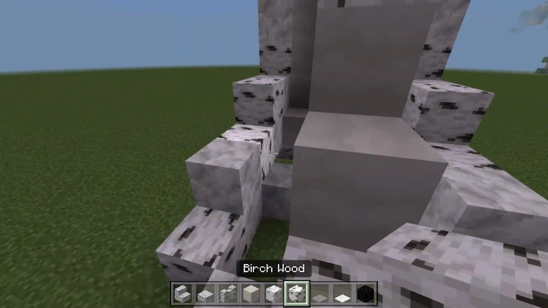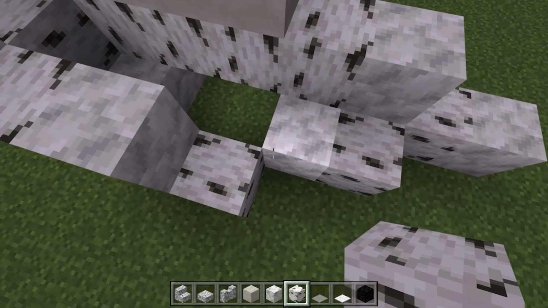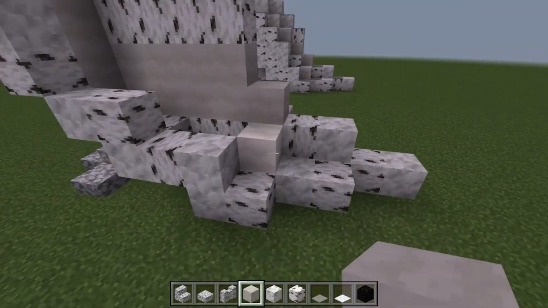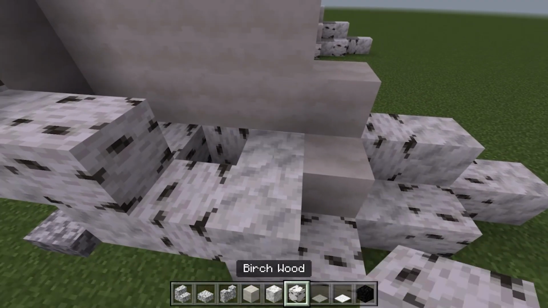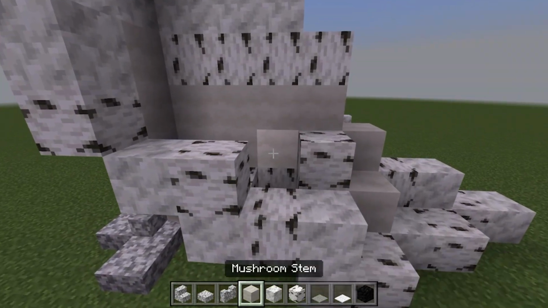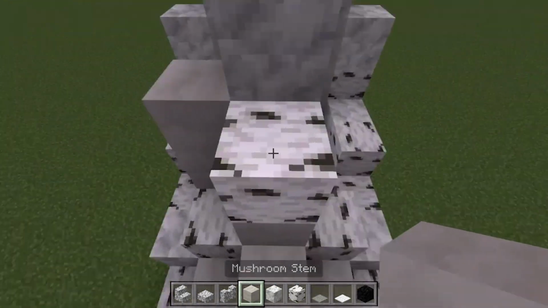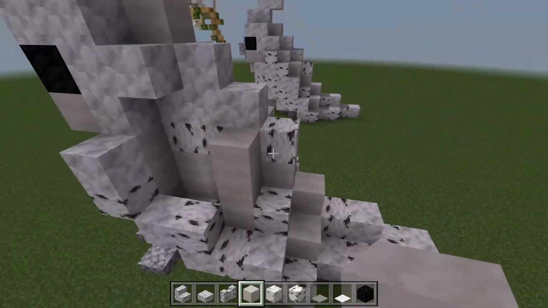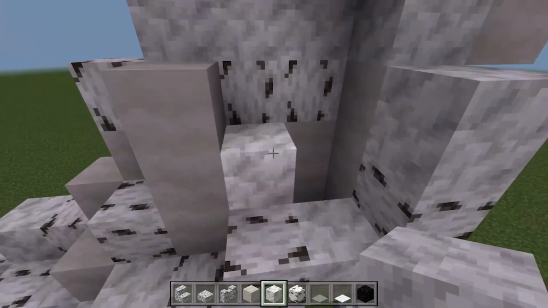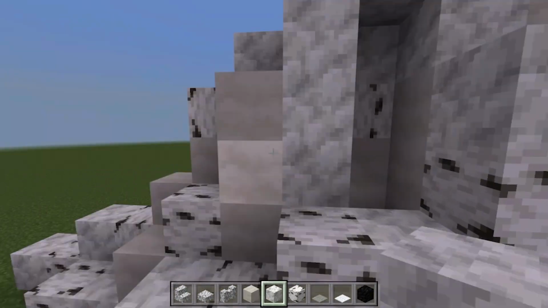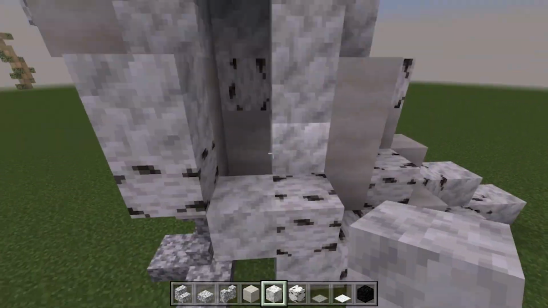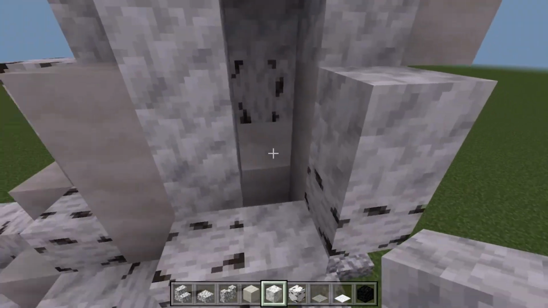For this little bit in here, just add in birch, birch, and then in this gap here, it's going to be a mushroom stem up for 2, like so. Now in here, let's do 2 birch, and 2 birch again. Then it will be 3 mushroom stems, doing like a big jump up the back of our cockatiel. Then 3 calcite. Only 2 connected to the mushroom stem. We don't connect one to the floor, that's okay. And then here, this is also going to be calcite, so you can just build those 3 in as well,